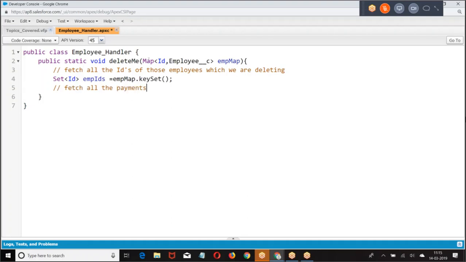Fetch all the payment records. The list of payments.